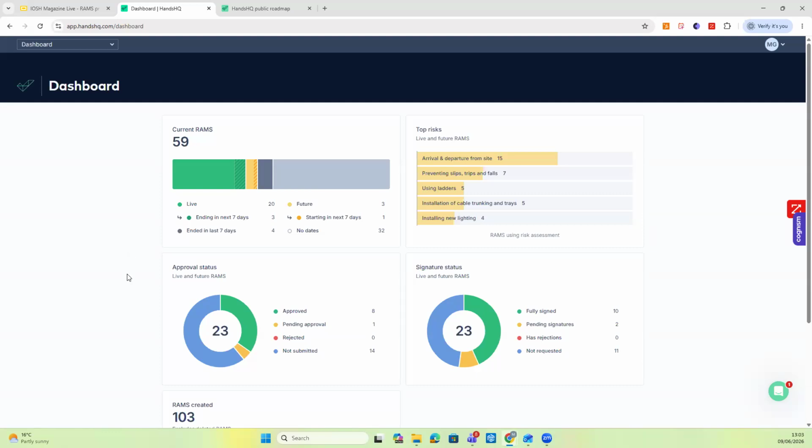Hopefully everyone can still see my screen moving up and down here. So this is the HSI Hands HQ risk assessment and method statement software that we're looking at. When you log into the Hands HQ system, the first page you'll come to is your dashboard. The dashboard is just giving you an overview of